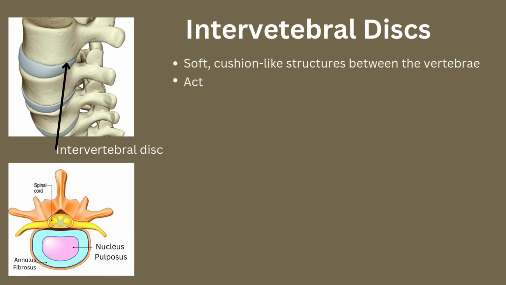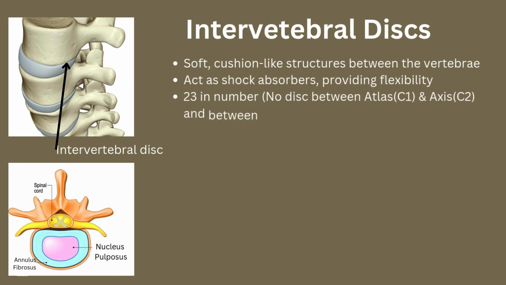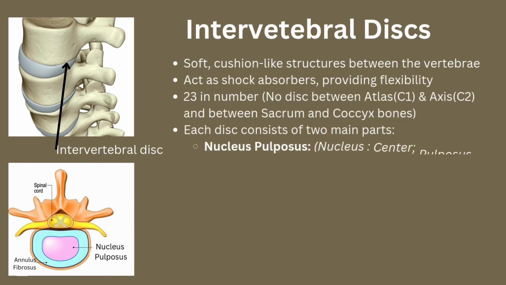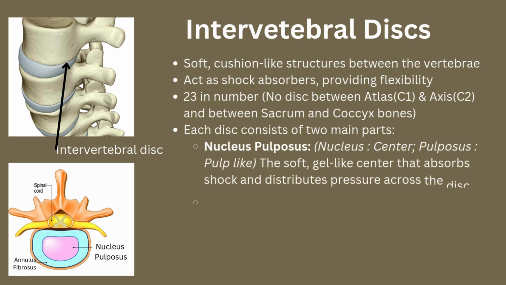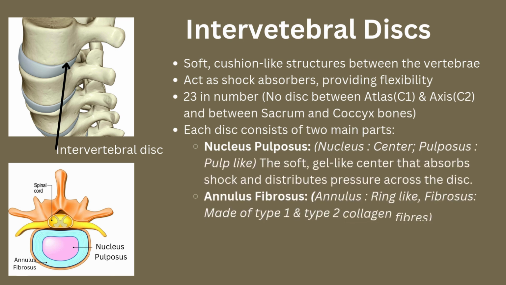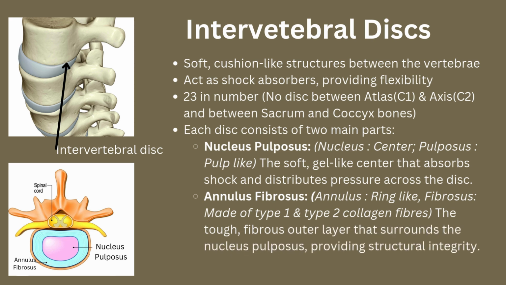Now, intervertebral discs are soft cushion-like structures which are located between the vertebrae. These act as shock absorbers and they provide flexibility to the spine. They also separate the vertebrae from one another. There are 23 discs in total, with no disc between atlas, which is C1, and axis C2, and again between sacrum and coccyx. So each disc consists of two main parts: the nucleus pulposus, which comes from the Latin word